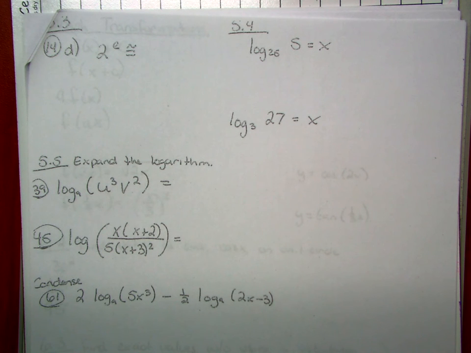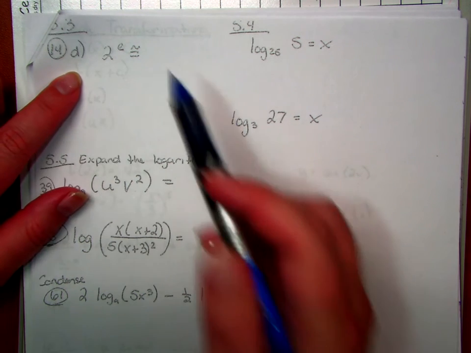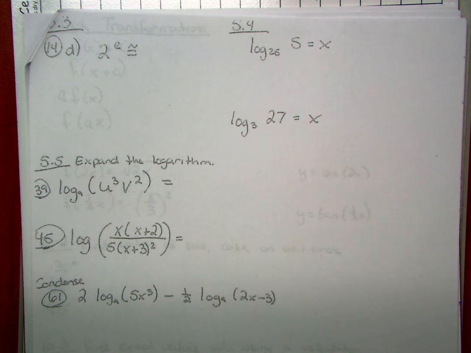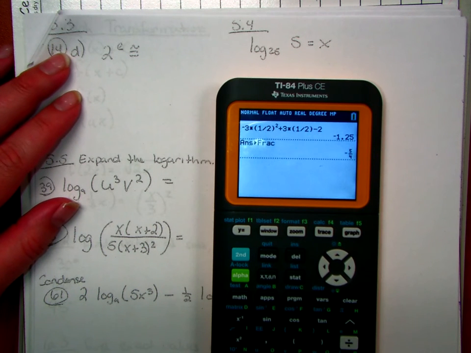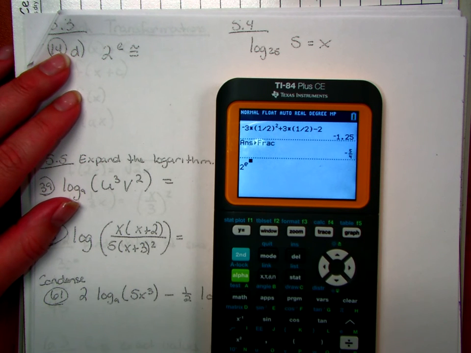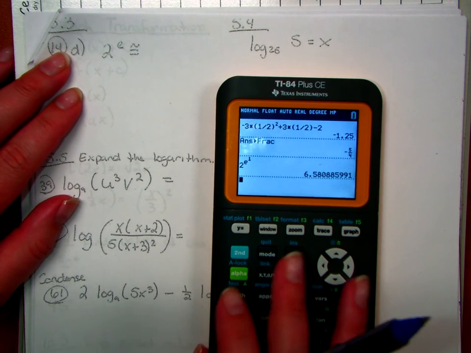All right, page 5 of the review packet starts with exponential and logarithmic functions. The first example here is evaluating an exponential function, 2 to the e. This is really just a calculator question. If I raise 2 to the e power, this e doesn't have a power, so it's implied that it's to the power of 1. So I'm going to do 2 to the e to the first on the calculator, and I get